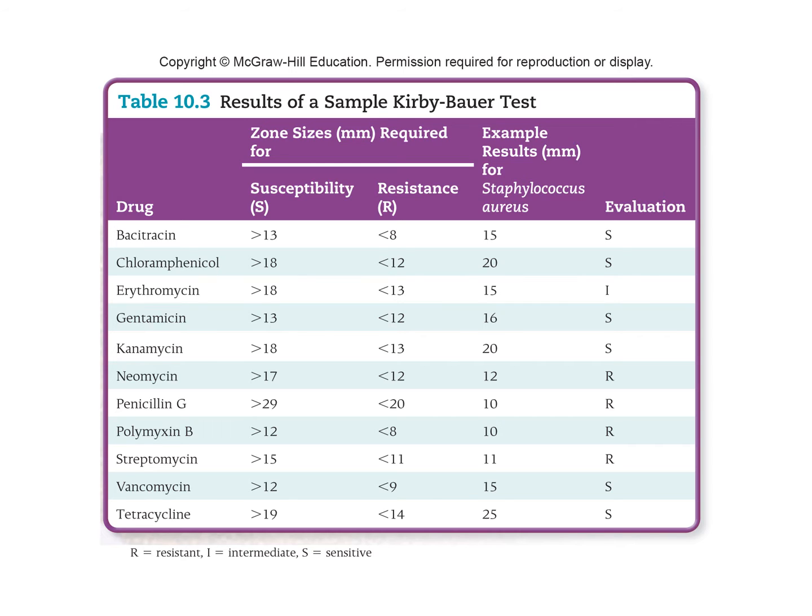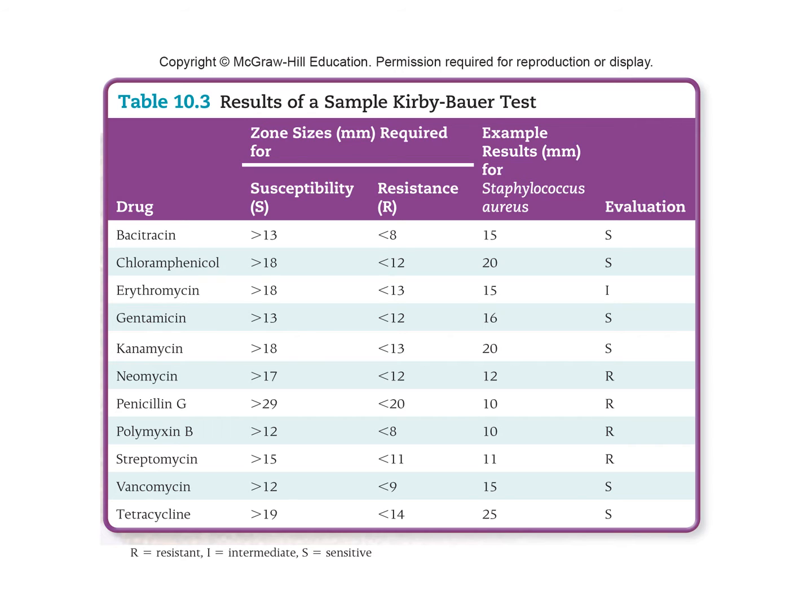And remember, too, the thing about it is, it's not only the particular bug. So Staph aureus is a bacteria. So it's not just that bacteria. It is looking at whatever particular strain of this bacteria or particular microbe. So I could have E. coli and you could have E. coli in a UTI. They can do the culture and sensitivity, and then they can have this test, and our Kirby-Bauer test results are not going to be exactly the same. So it's specific to the person.